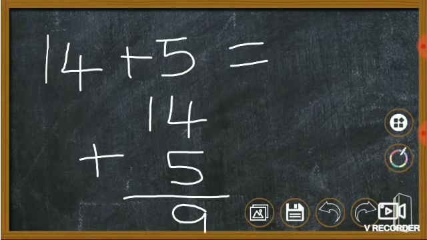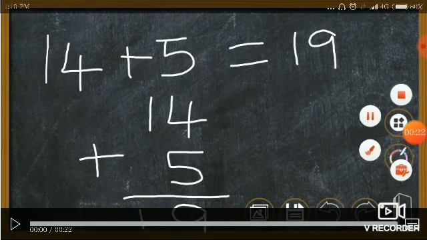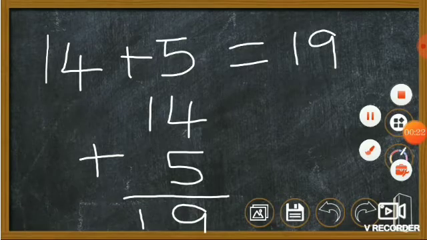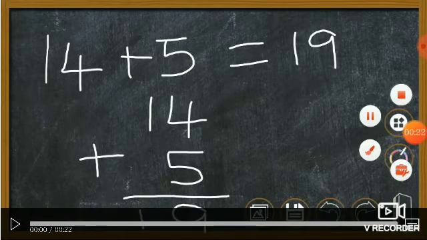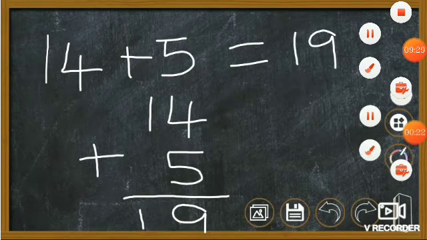First thing is adding 14 plus 5. In this, 14 will be written on the top and 5 will be written at the bottom. Next thing is, we are going to add 4 and 5. 4 in the mind, 5 in the finger. After 4, 5, 6, 7, 8, 9. So we are writing 9 down here. And then bringing the 1 here, it becomes 19. The answer is 19. Yes children, this is in page number 64.